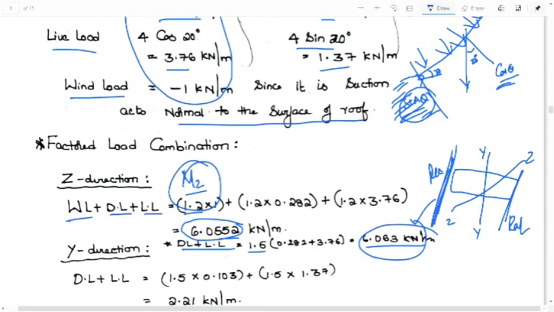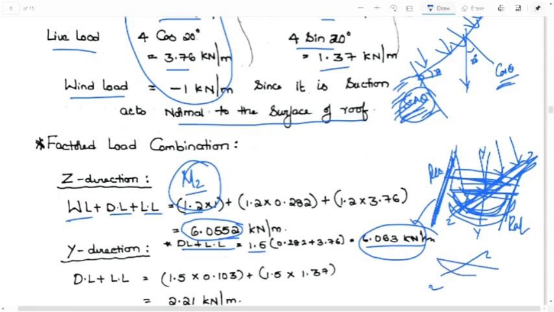Okay, so when this load is acting perpendicular to this roof, that is, perpendicular to the Z plane, this purlin is going to bend in this way, right? When it is bending, about which axis is it going to bend? About the Z axis, isn't it? See, if there is an axis here, Z, and this is the purlin, it is going to bend in this way because of this load, which is acting normal to the roof.